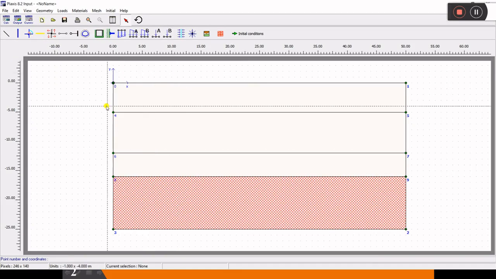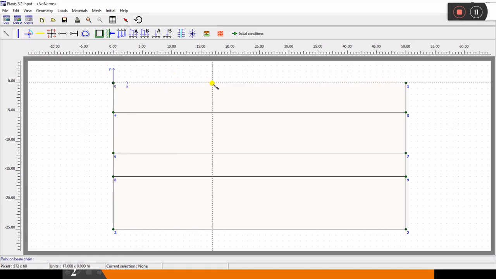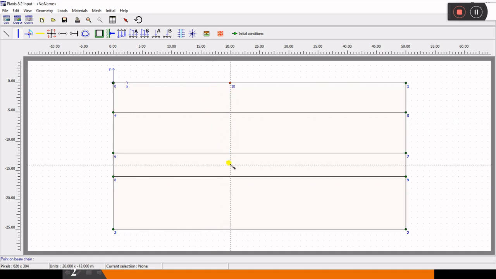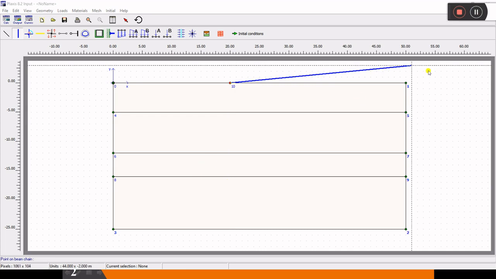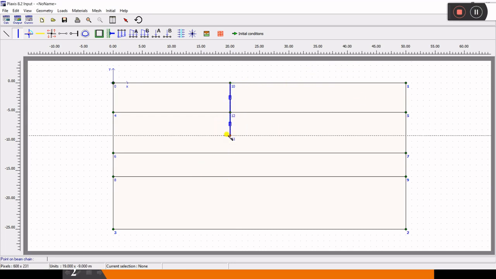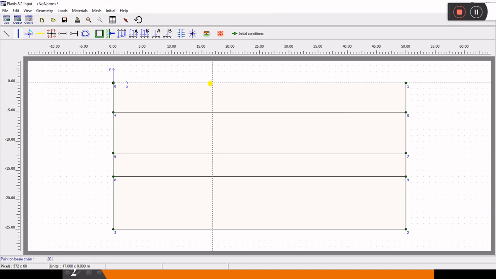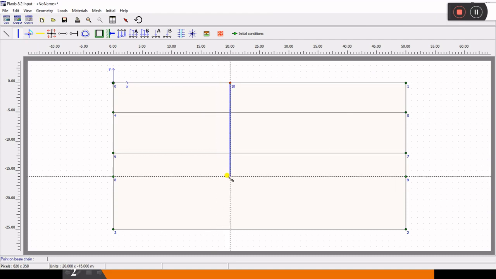So let's go to Plaxis, and for the diaphragm wall you have to take this plate element. The first coordinate will be 20 comma 0, and the second one goes up to a depth of 17 meters. Okay, so I'll construct it again. Let's create a plate element at 20, 0, and it will go up to 17 meters.